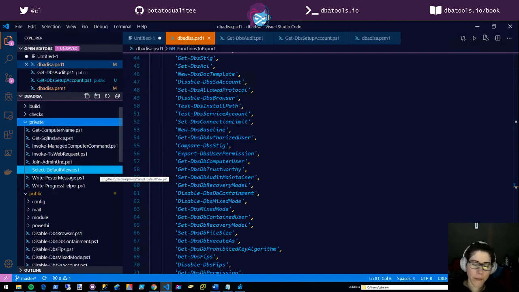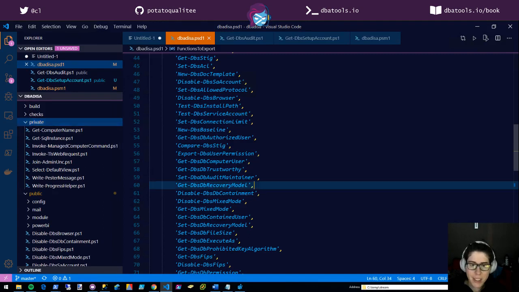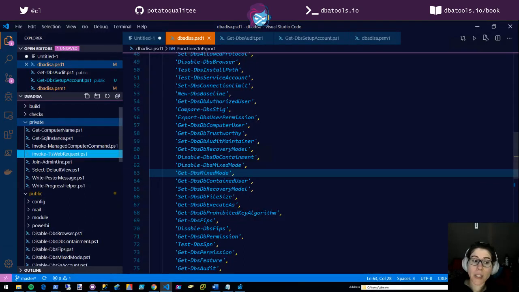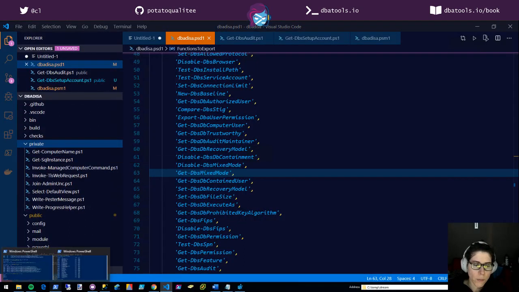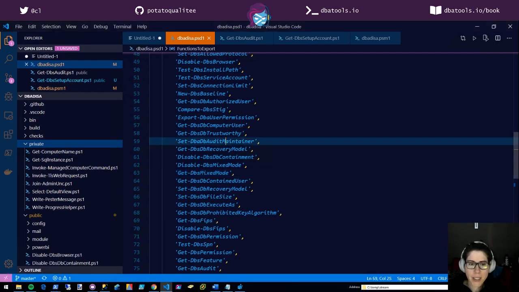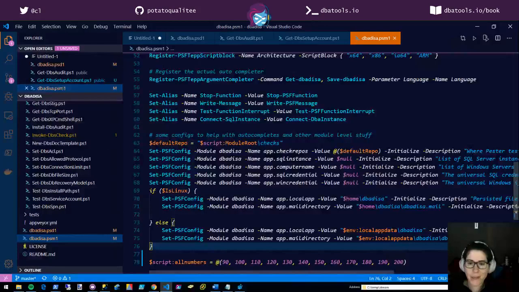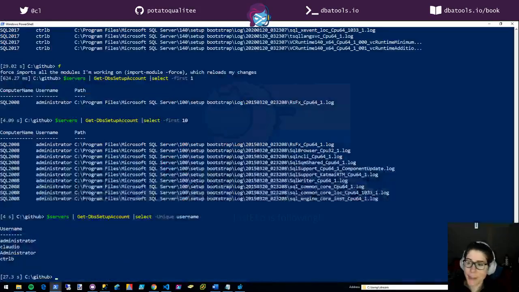The select default view is more like a framework module, or a helper module. The only commands that I want the end user to see are the commands that I wrote for them to see. So it keeps their stuff clean. Now, as a developer, I do want access to those. So what I'll do instead, see, this loads the PSD1. PowerShell looks at that. But if I explicitly load that PSM1, I'm going to get everything, right? A lot of people are used to loading the PSM1, but that's not the proper way to do it for most cases. Most cases, let PowerShell figure it out.